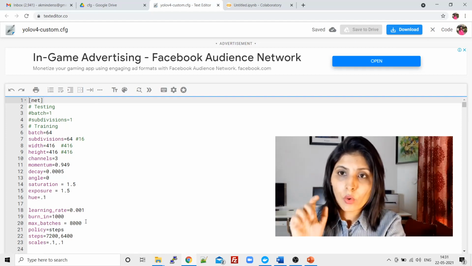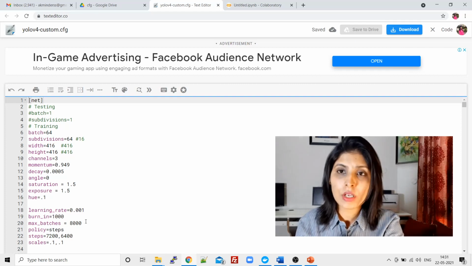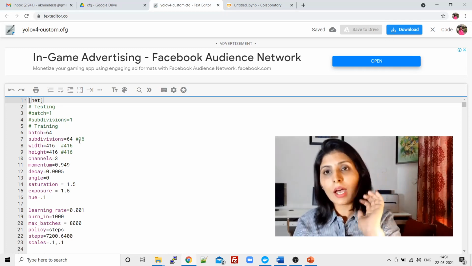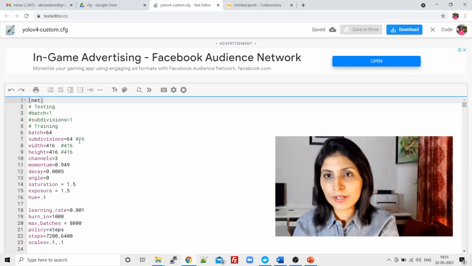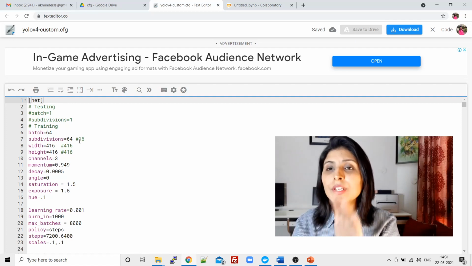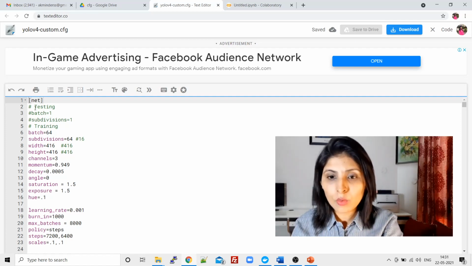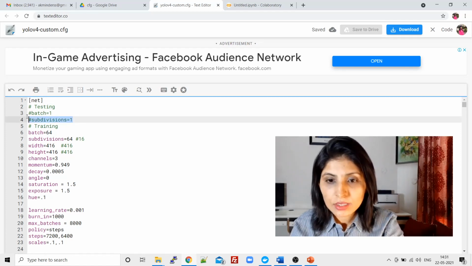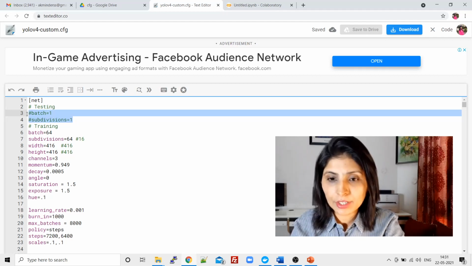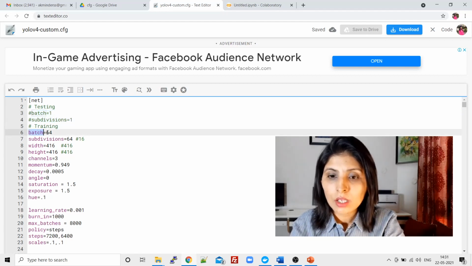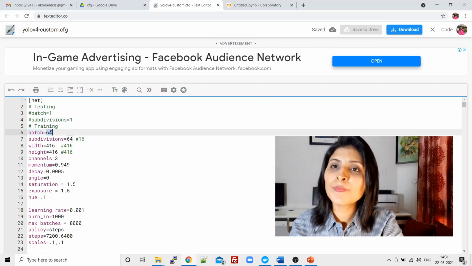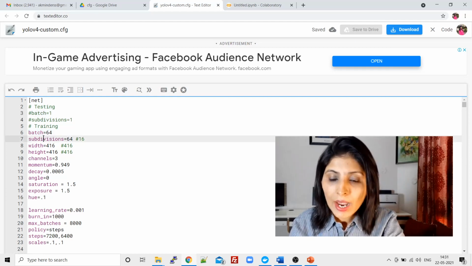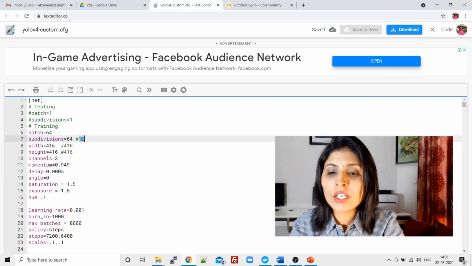Now I'll show you a few steps which you need to do very carefully. This is the file where I have already made the changes. But when you open this file, this thing is commented right now. What you need to do is set batch size to 64 and subdivisions to 16.